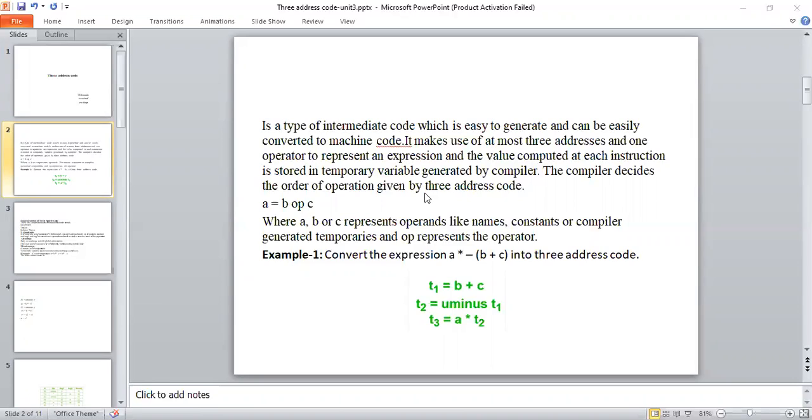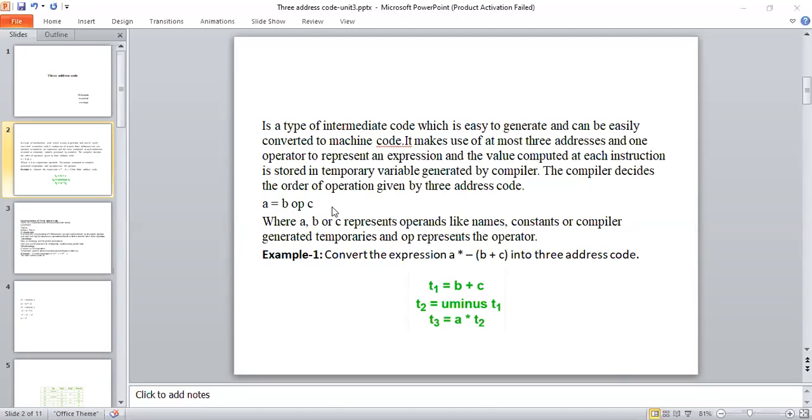For example, here I have an expression a = b operator c. Here the operator is of any type. Suppose I'm assuming the operator is plus. So here I'm performing addition of b and c, storing the result into a.